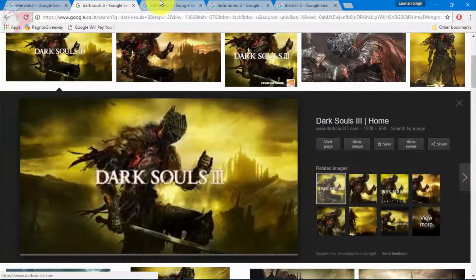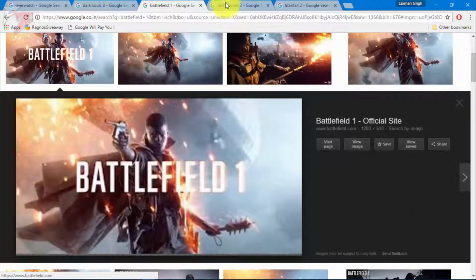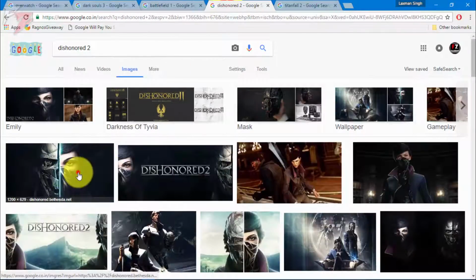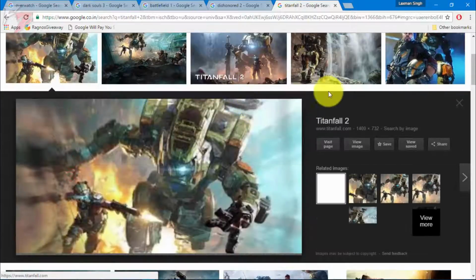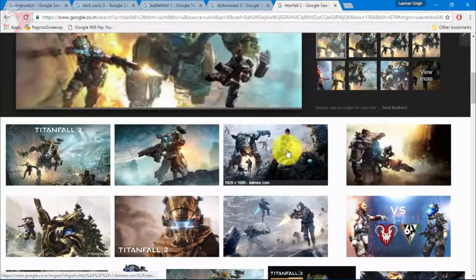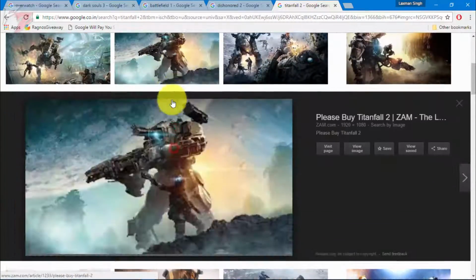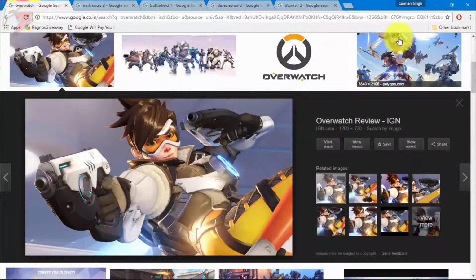Okay, so this one looks pretty much better. And out of this I'm gonna take this one, and out of this let's take this one also, and out of this I'm gonna take this one. Okay, this one. So we got selected all the pictures, so let's go to the image